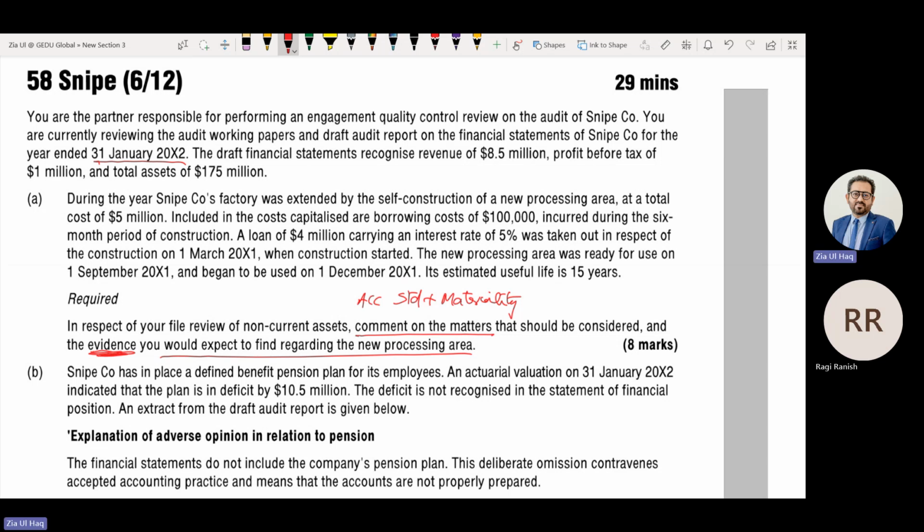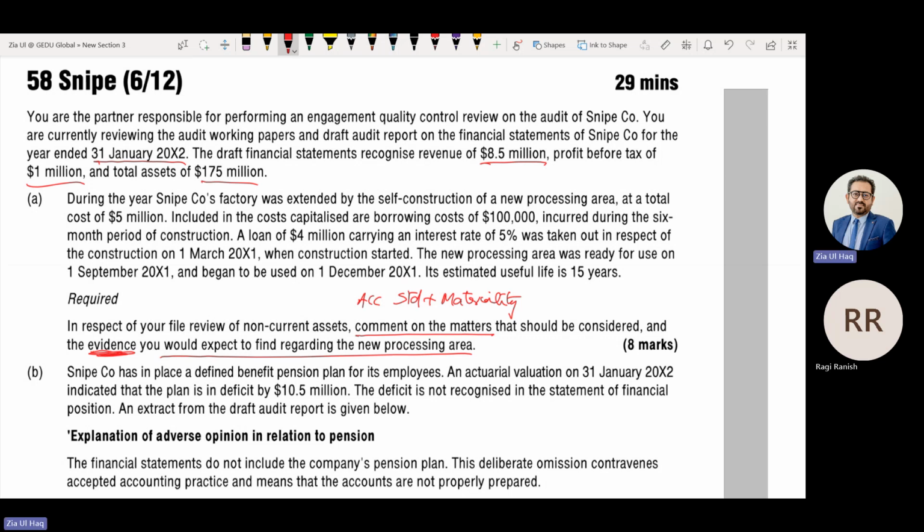The draft financial statements recognize revenue of $8.5 million, profit before tax of $1 million, and total assets of $175 million. There are some items which have no link with the income statement. Their materiality we will check against total assets only. If any asset is recorded in the balance sheet having no link with the income statement, their materiality will be checked against total assets only.